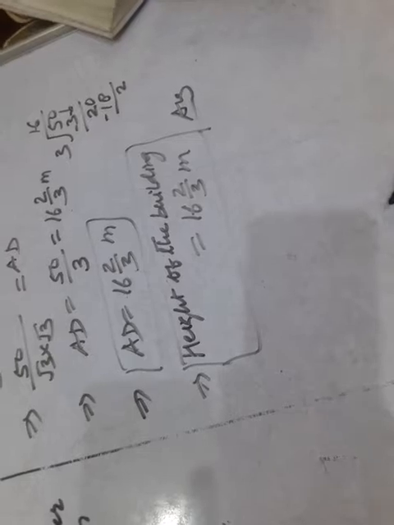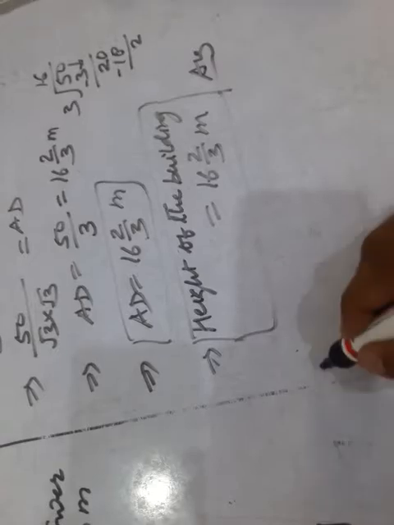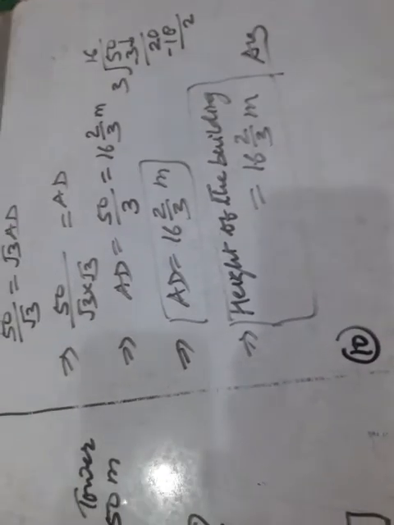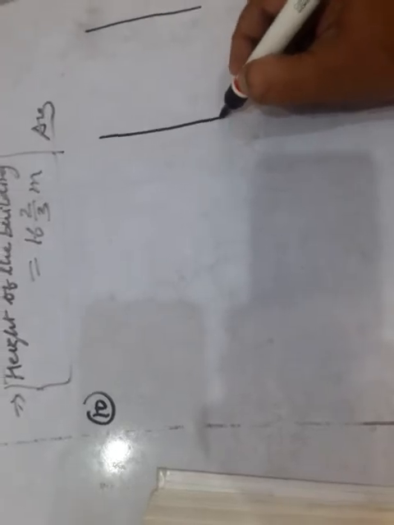What does it state, children? What is the next question? Let us see question number 10. Question number 10 says 2 poles of equal heights are there. Look here, 2 poles are there. Whenever we speak of a pole, it means they are perpendicular. 2 poles of equal heights are standing opposite each other on either side of the road.